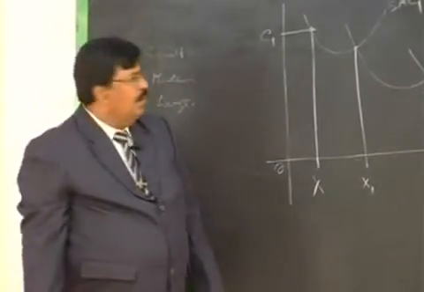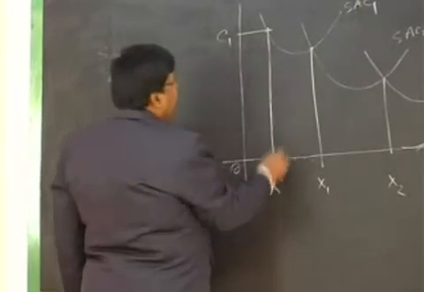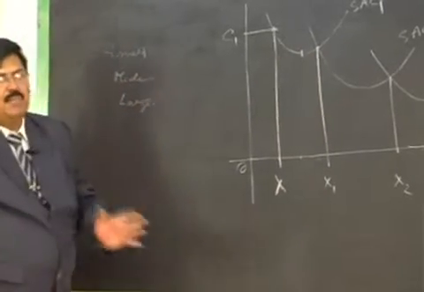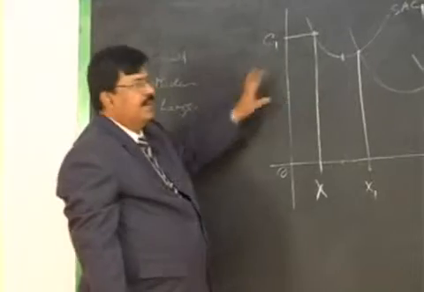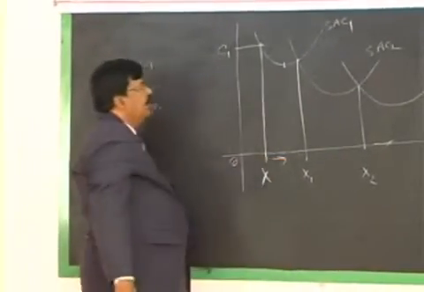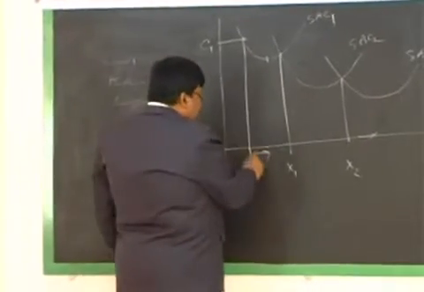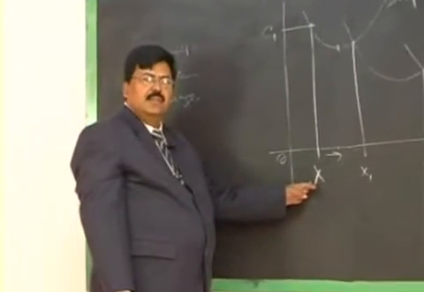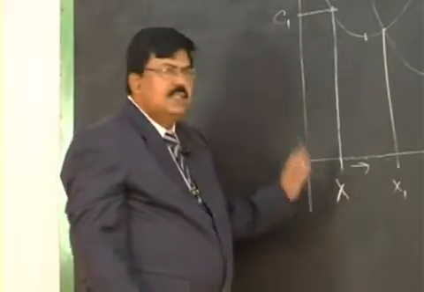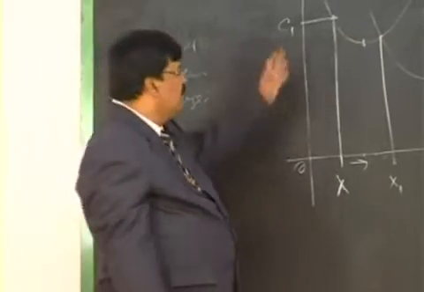Now, by expanding output from OX towards this, he has an advantage because he can reduce unit cost to this, the minimum point of AC. There is a possibility of reducing unit cost below OC1 by expanding beyond X. Suppose there is a demand for the product. Initially he started with OX and later the product got demand in the market, and there is a need to expand output. But in the short term, he has no option. He has to operate with the same machine.